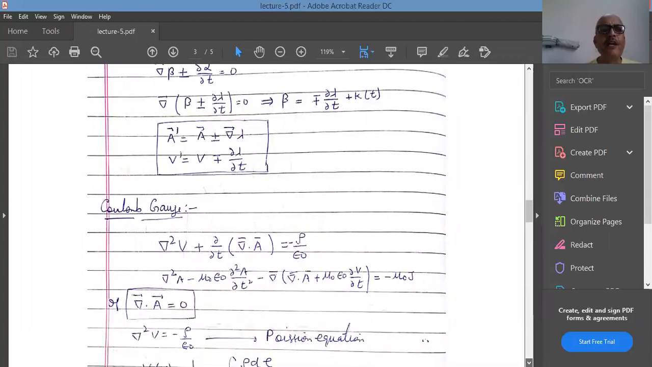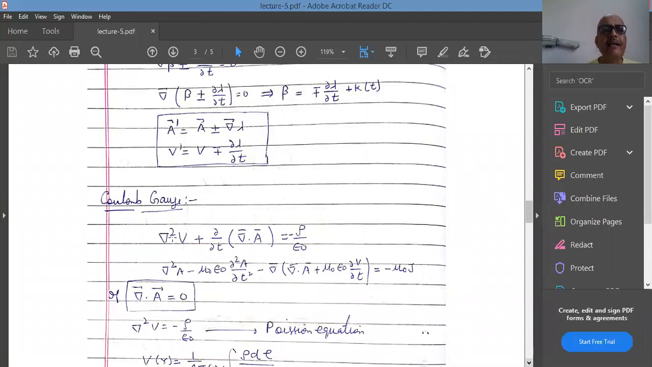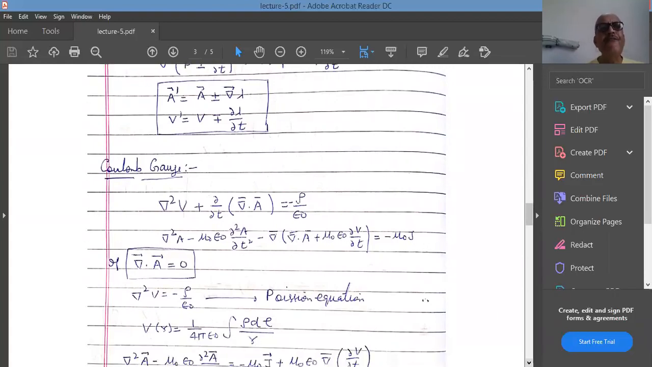You can see for yourself. These are the two equations. Del square B plus del over del T of divergence of A is equal to minus rho upon epsilon 0. And the other equation is del square A minus mu naught epsilon naught del square A over del T square minus gradient of divergence of A plus mu naught epsilon naught del B over del T is equal to minus mu 0 J. So Coulomb suggested that we substitute divergence of A to be equal to 0, similar to divergence of E being equal to 0 in electrostatics. It is similar to putting the divergence of the vector potential equal to